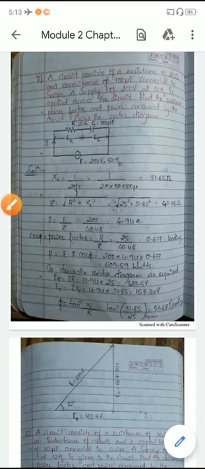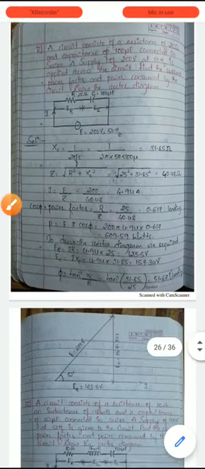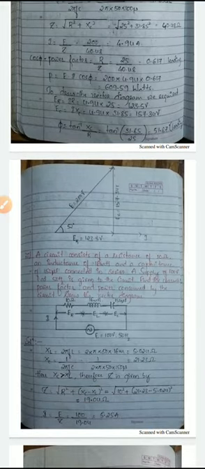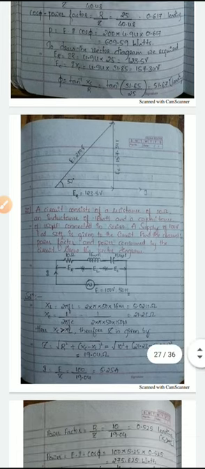Now we will solve a simple problem on an RLC circuit. So let us consider the problem. A circuit consists of a resistance of 10 ohm, an inductance of 16 millihenry and a capacitance of 150 microfarad connected in series. A supply of 100 volt at 50 hertz is given to the circuit. Find the current, power factor, power consumed by the circuit, and at last you need to draw the vector diagram.